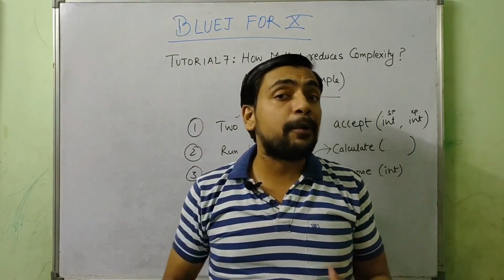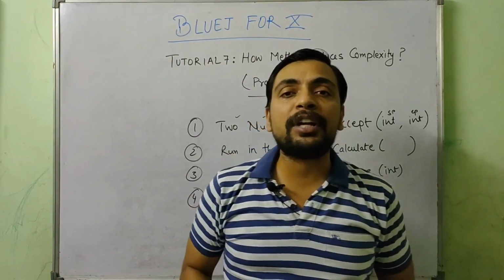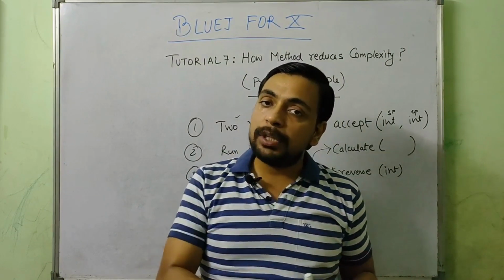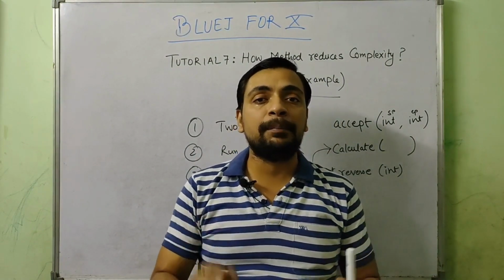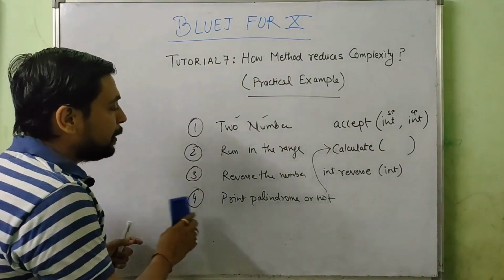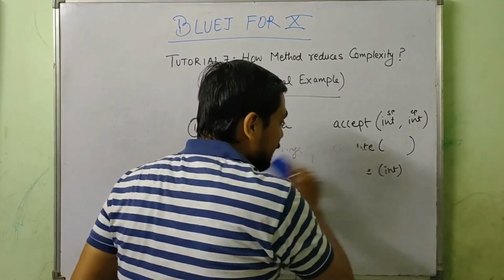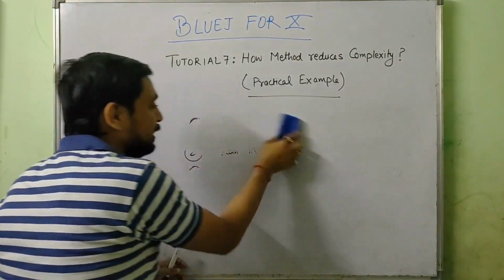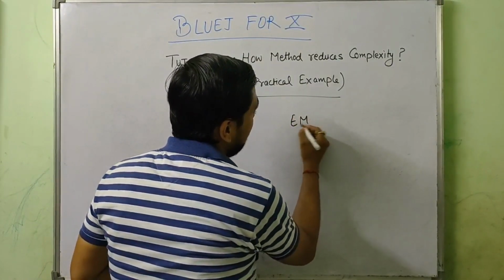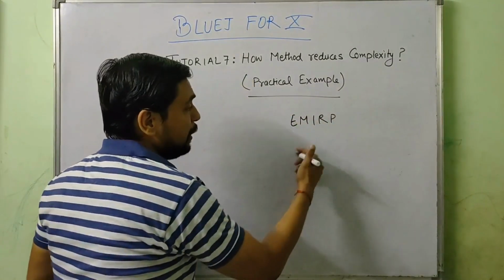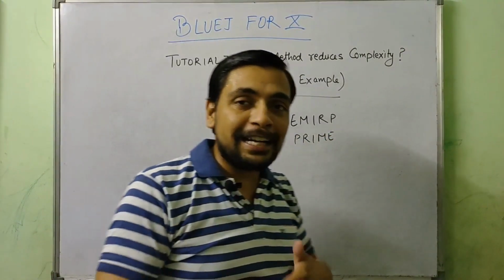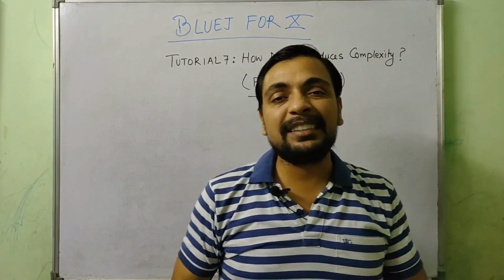Let's see the second program that we are going to see today. It is a kind of similar program, where we are accepting two numbers from the user and printing all the emirp numbers, EMIRP, between them. If you remember, what are emirp numbers? If you write emirp in reverse, it becomes PRIME. So when the original number and its reverse are both prime, the number is an emirp number.